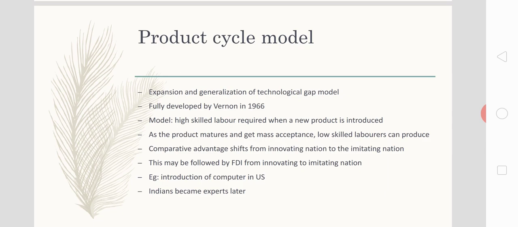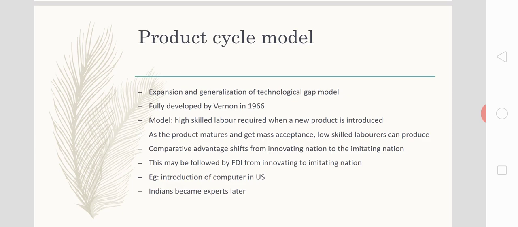When an innovation is introduced in the innovating nation, that innovation helps the nation produce the commodity in higher volume and enables that nation to export that commodity to another nation. So the trade is initially driven by innovation and later by imitation. The importing nation will learn steadily how to produce that commodity.